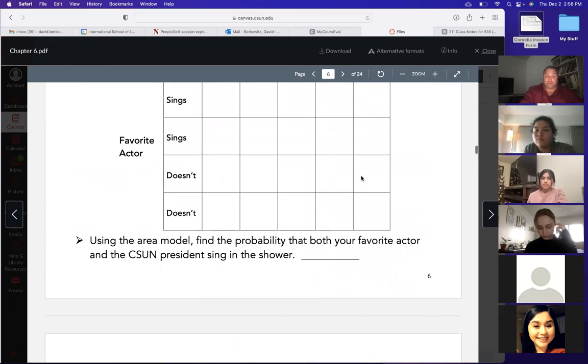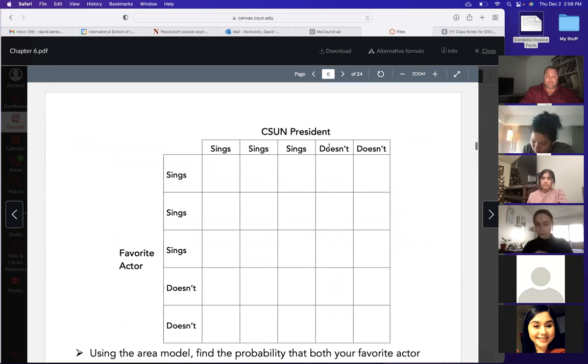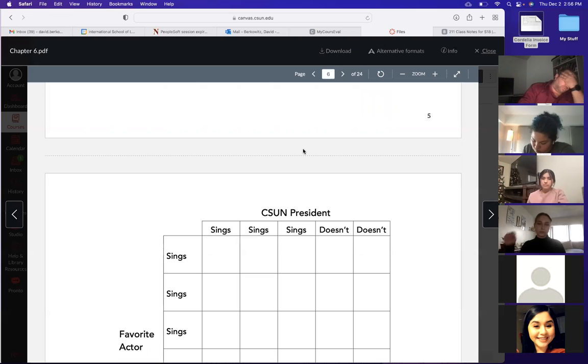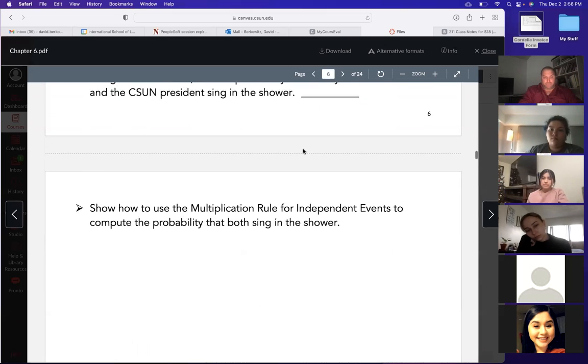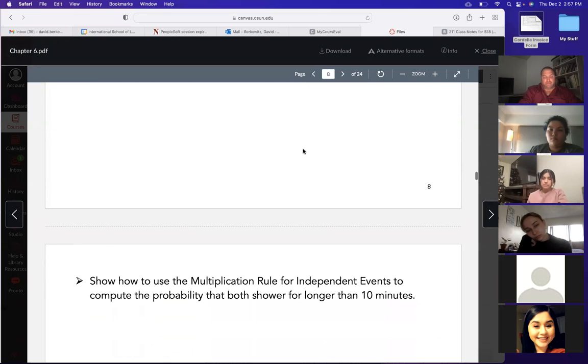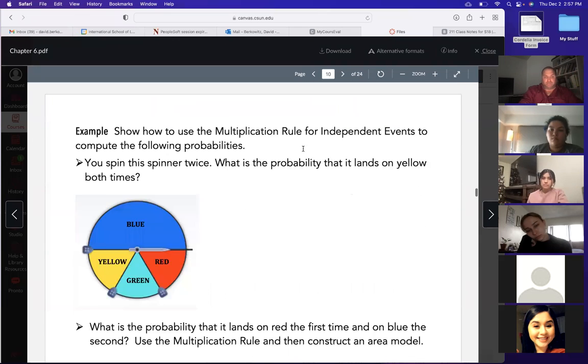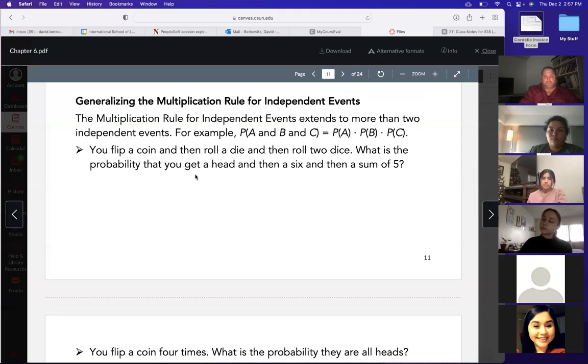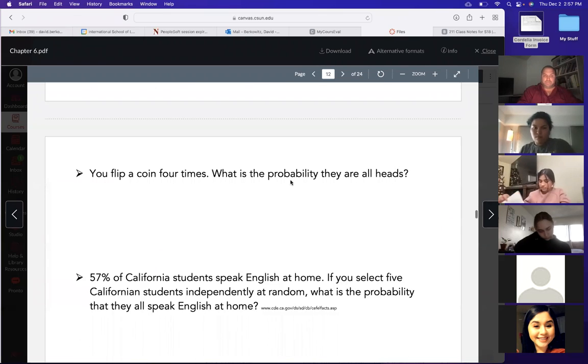We had different visual models again. In this case, it's an area model like we had before for the fundamental principle of counting. But at the end of the day, it's just a model to illustrate the multiplication rule itself. Of course, it goes beyond just two events. You can do it for three. A and B and C is just the product of A, B, and C. Of course, you can't really visualize that with an area model because that's inherently two-dimensional. You can only have two, and the third one will require the third dimension, which is kind of difficult to work with.